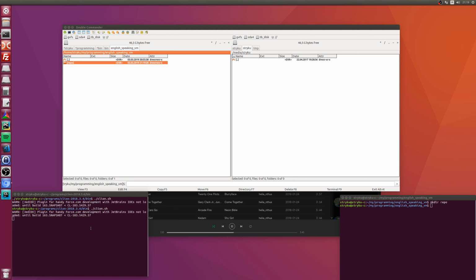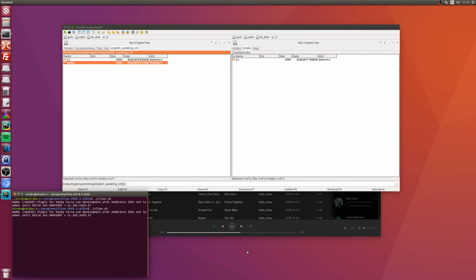This is slow. Anyway, the first thing that I'm going to do is to create a Git repository, and then I'll probably create a git ignore file, to ignore the JetBrains stuff.